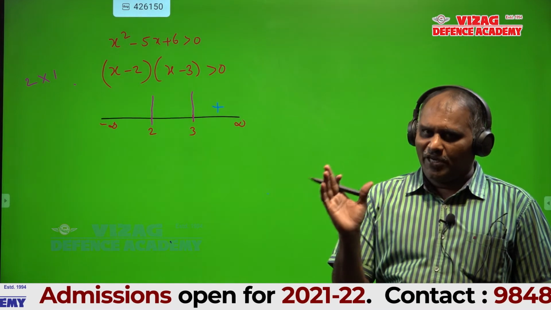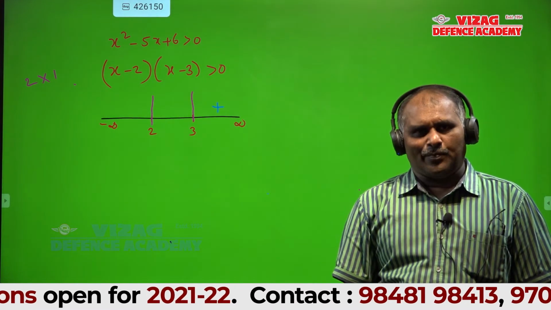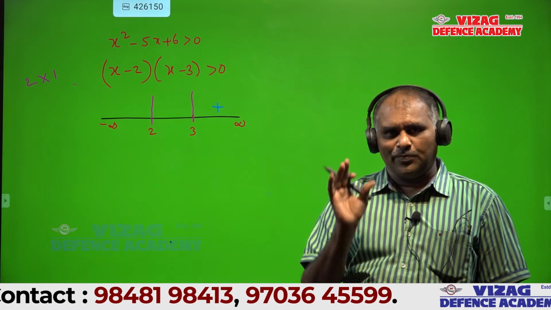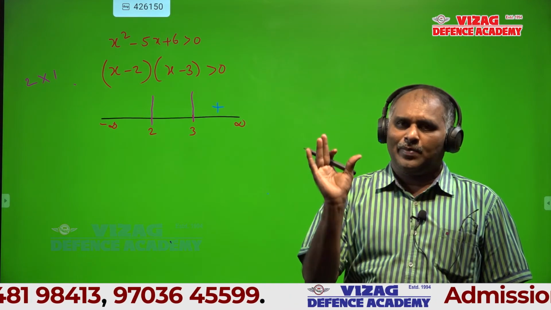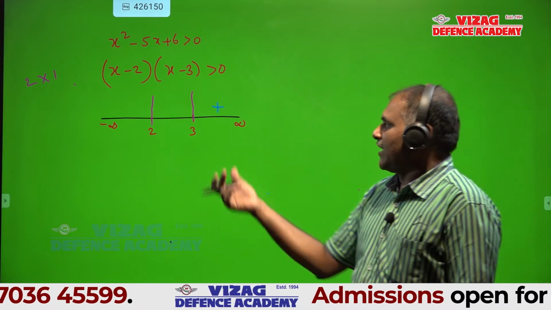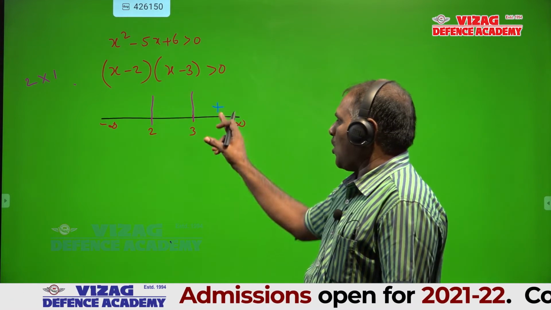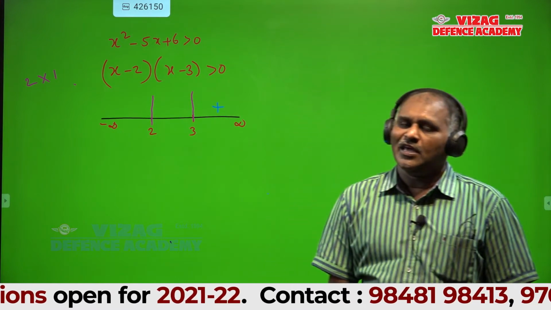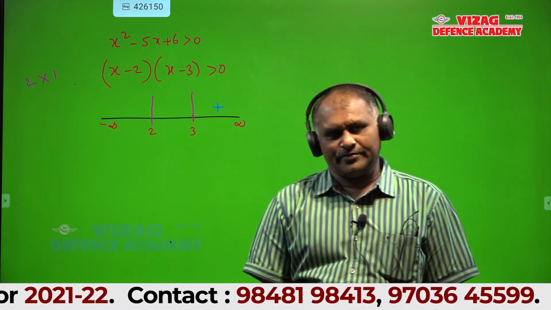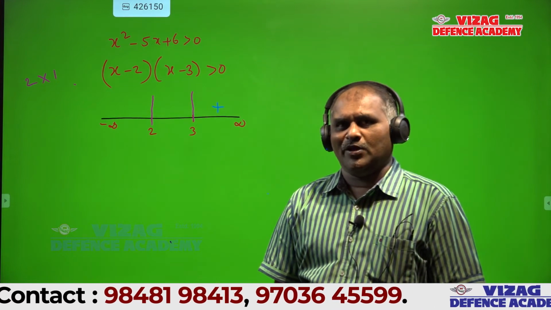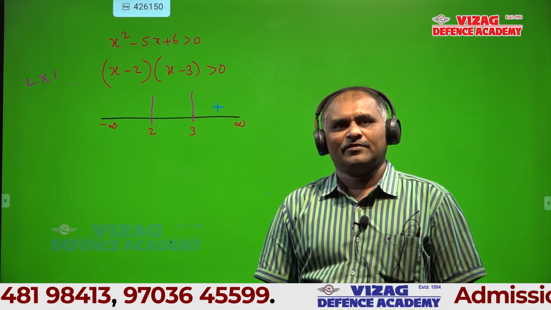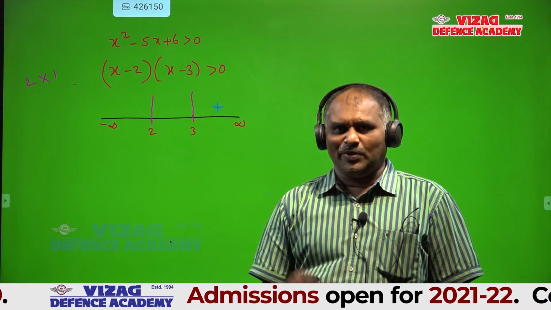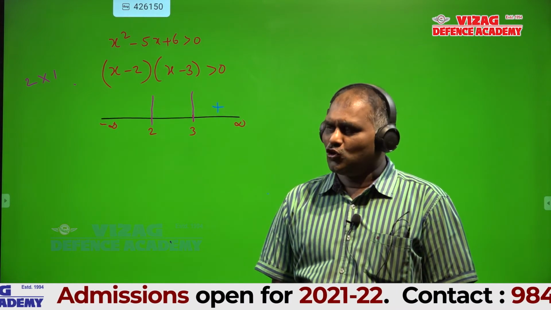From 3 to infinity, not putting 3 itself, substitute any real number in between and you get a positive product. Between 2 and 3, you can take any real number. What real number can you take? Anyone, as you wish. Between 2 and 3, one real number. 2.1?